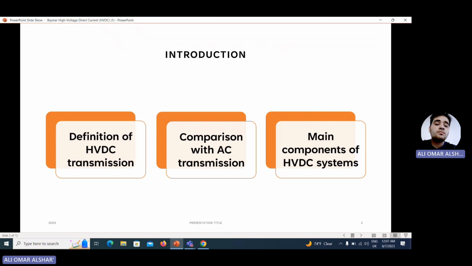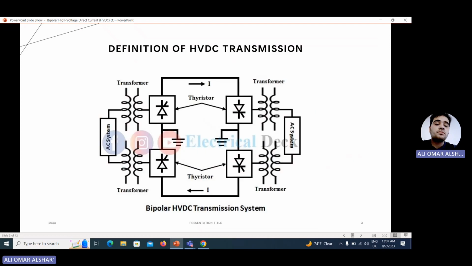Now we can talk about the main components of high voltage DC systems. We can see the system here. We have the AC system at the left side of the diagram. To the right of the AC system, we have transformers, which we call step-up transformers, and then we have the power